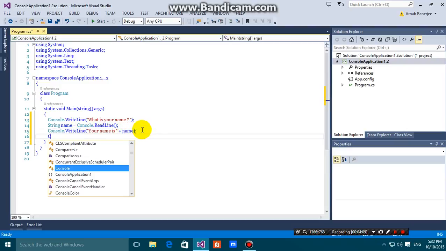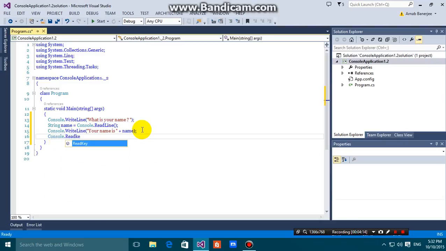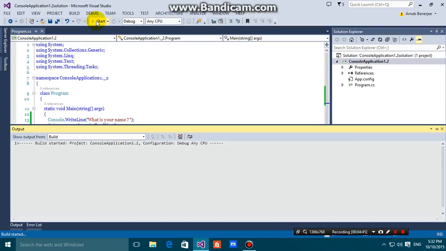Then Console.ReadKey. Now I'm going to explain this line, but first let me show you what our output is. This particular line just prints your name on the console. I'm going to tell you about the significance of this line, but first let me show you the output. Just click on Start,